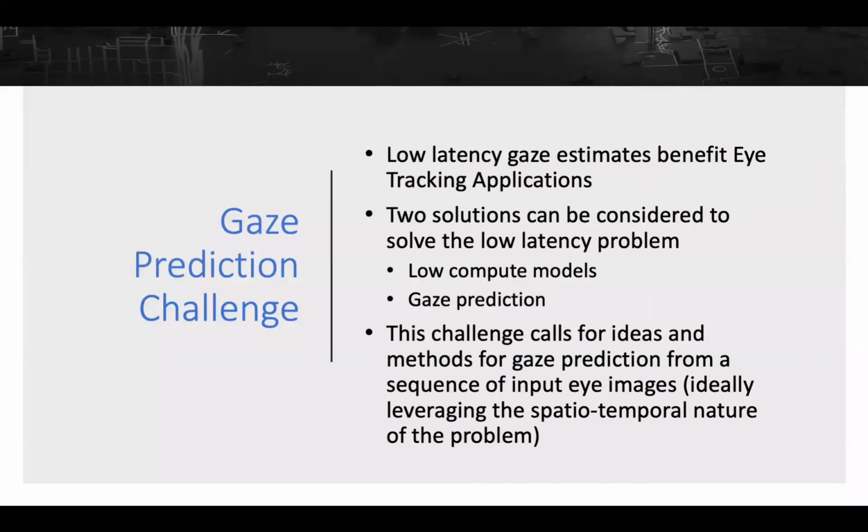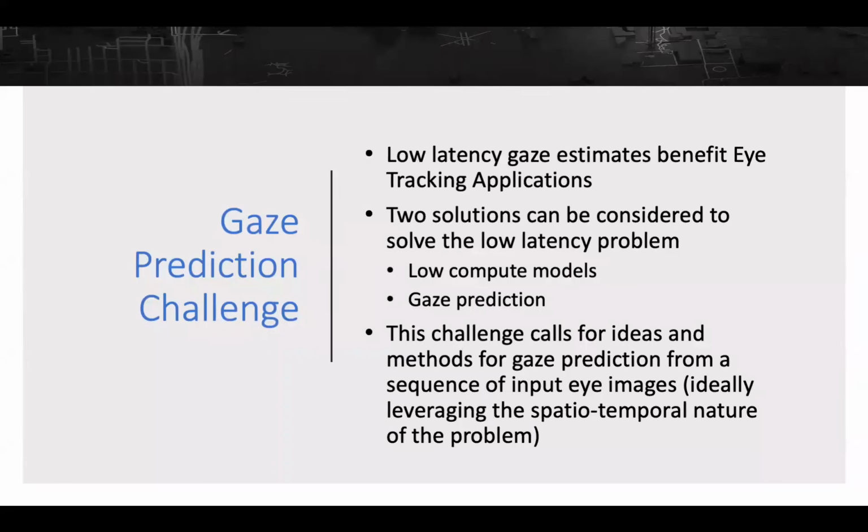Eye tracking applications, for example, foveated rendering, can benefit from low latency gaze estimates. For foveated rendering, in particular, fast eye movements present a challenge due to the transmission and processing delays present in the eye tracking and graphical pipelines. If the pipelines do not compensate for the delays, fast eye movements can take the user gaze to areas of the image that are rendered with low quality, thus degrading the user experience.